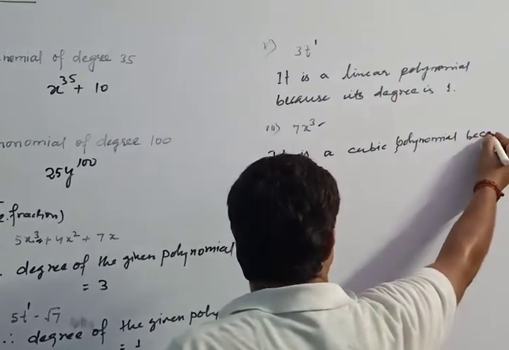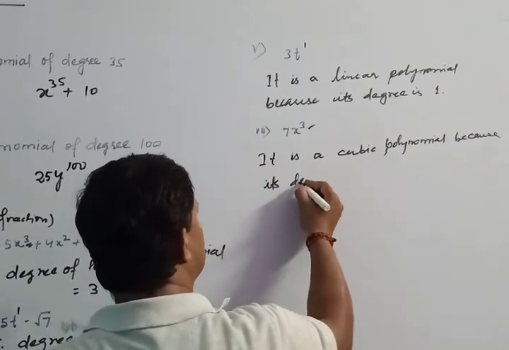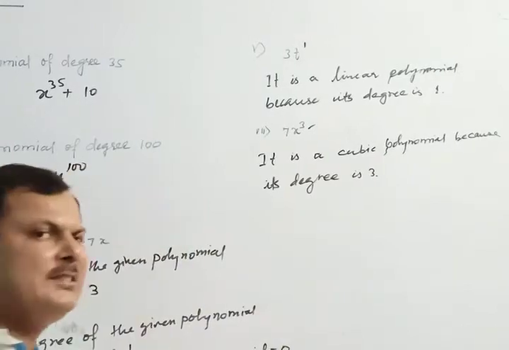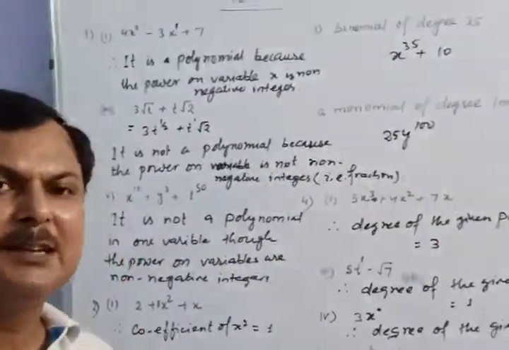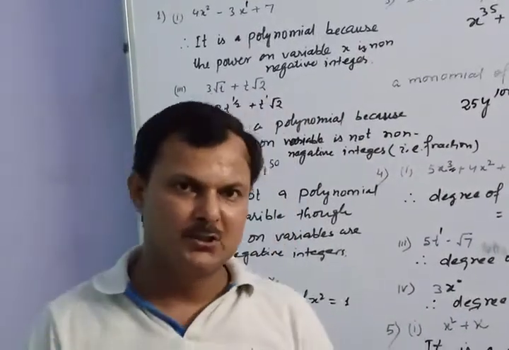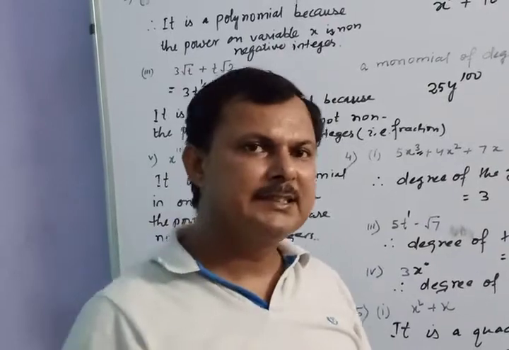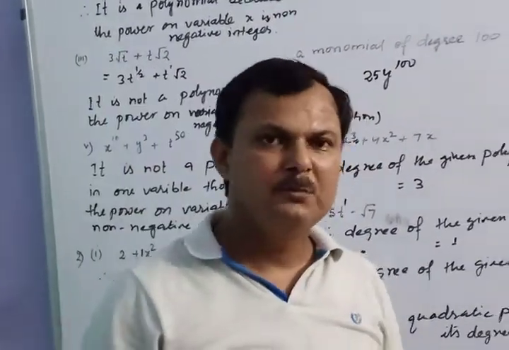because its degree is 3. In this way, we observe that exercise 2.1 is completely based on the concept of polynomial, so we must revise the concept of polynomial and tackle this type of problem. I hope this will be helpful to